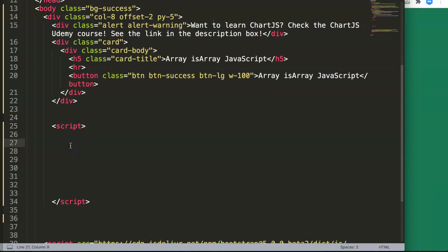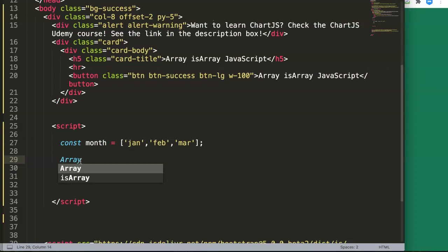Alright, let's first create a constant, and this constant will be called month, where we're going to put in 3 different month names. It could be anything you want, doesn't matter, but I'll just do January, Feb, and March, just to make it straightforward. And in here, we're going to check now, is the month an array? So what we're going to do is say Array with a capital A dot isArray, and then we say month, and then we put in a semicolon, and we can put this in a console.log,